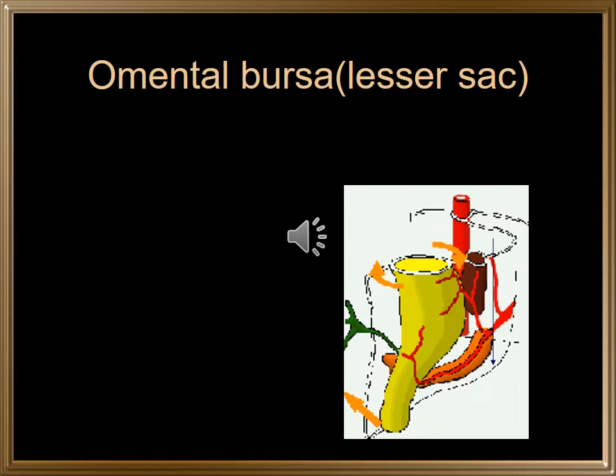So a part of the general cavity or coelom will go behind the stomach, and because of the great stretching of the dorsal mesogastrium, there is a space that is formed, which will be acting somewhat as a sort of shock absorber, or it provides a sort of dead space for the stomach to expand when we eat much, and it is also coming in the way between the posterior wall of the stomach and the structures deep to it, especially the pancreas.